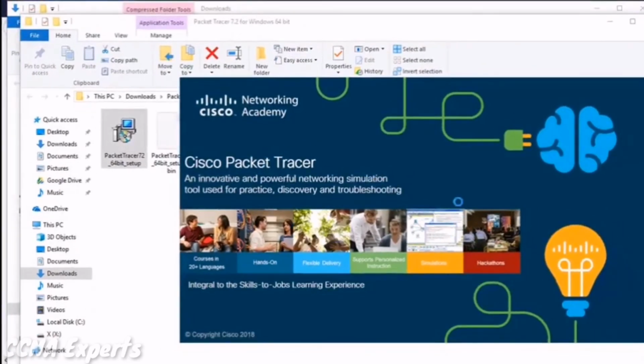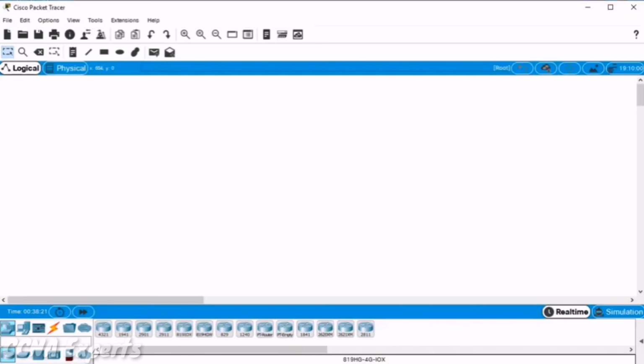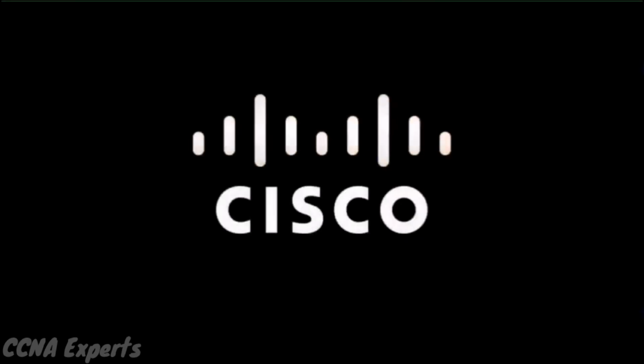This is our Packet Tracer loading screen, and then we're going to get an authentication page. When Packet Tracer asks us to authenticate, we'll be using our Netacad email address, which is just the email address in your Netacad profile, or the username you have associated with Netacad. For me, I'll put in mine, followed by my correct password for Netacad. From there, I can click Login, and this will then bring up Cisco Packet Tracer. Now that we have successfully authenticated, Cisco Packet Tracer opens up, and we are good to go to build our own networks, complete our lab assignments,